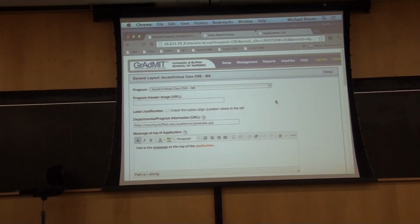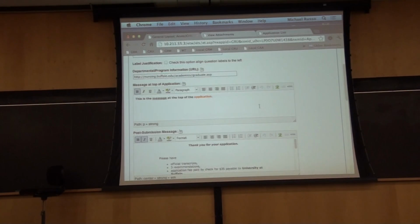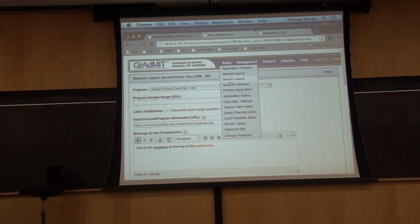Do I have any questions about the HTML markup? Again, most of you set this up years ago, and you don't need to change it. It looks fine. Okay, so let's go to the